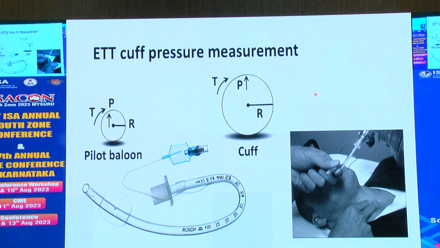The third application, which is what we do quite normally in day-to-day practice, is to look at the cuff pressure by palpating the inflated pilot balloon. But what normally happens is, again, the Laplace law is there. The pilot balloon we palpate has a small radius, so it tends to have a higher pressure. And second, what we are palpating is not actually the intra-cuff pressure, it is the surface tension of the small balloon. So whatever we palpate by hand is not going to be reliable